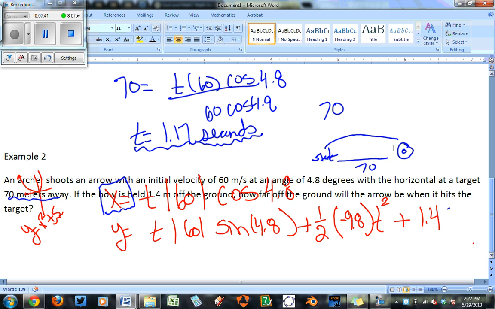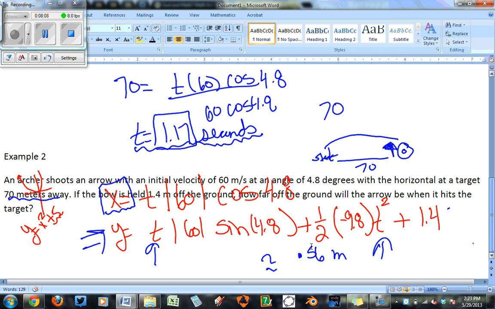Well, now we just have to figure out how high we are going to be. So all we do now is go to our y equation, and that tells us the height, right? So we want to know how high it is at 1.17 seconds. So you just plug in 1.17 seconds into here and here. And when you do that, you should get approximately